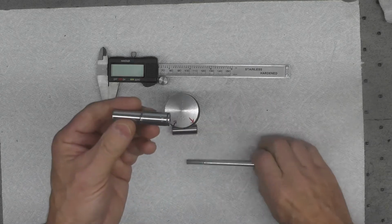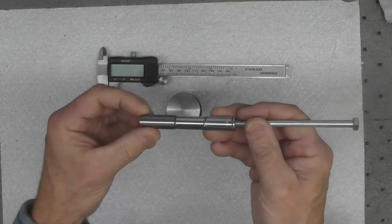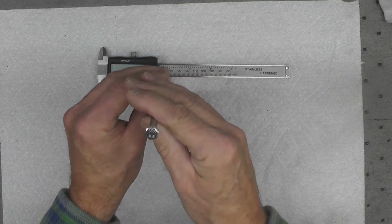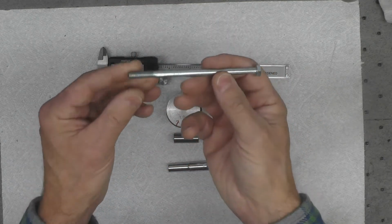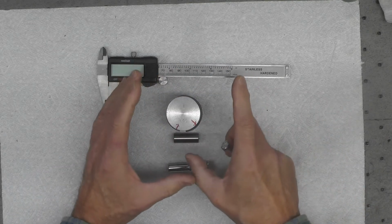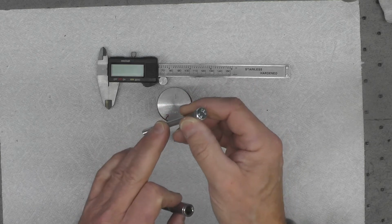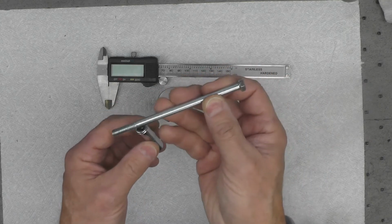In order to do that, I've got to come up with a means of pulling this in, because I'm going to be pushing against the face of the pin itself, and I'm going to use this inexpensive bolt, I think that's a 6mm, it is metric. You have to have a bolt that's long enough to extend all the way through, and you'll see what I mean by that a bit later. However, the problem I have is this hardware store bolt, and I didn't have this in my inventory, by the way. I just went through my stuff and I found this long bolt,